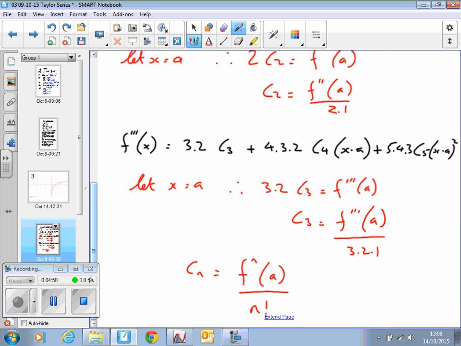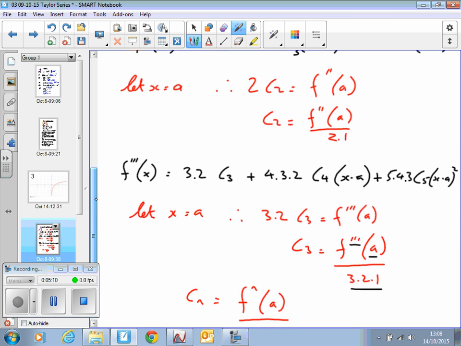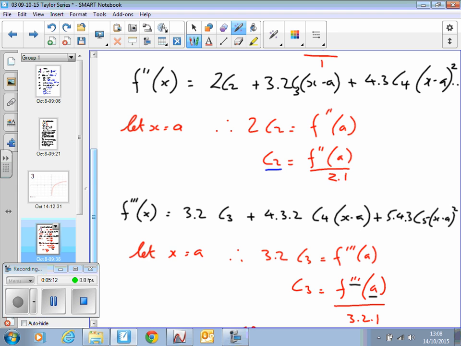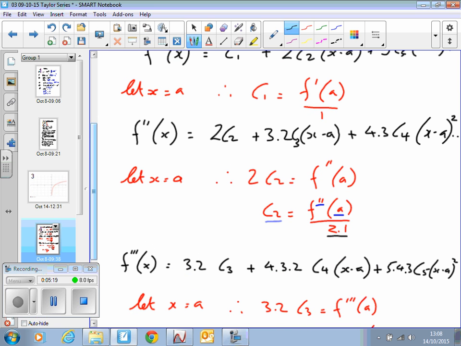Carrying on, and looking for the pattern now, let's start thinking about this pattern. Look, C3 turns out to be the value of the third differential when x equals a, divided by 3 times 2 times 1. C2 turns out to be the value of the second differential when x equals a, over 2 times 1, and so on. C1 is the value of the first differential over 1,